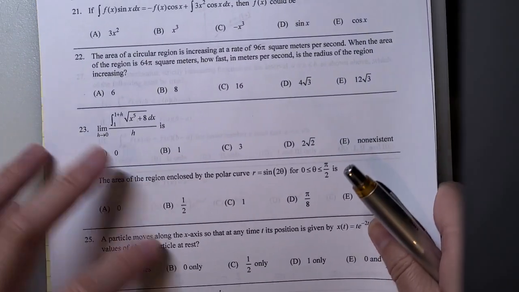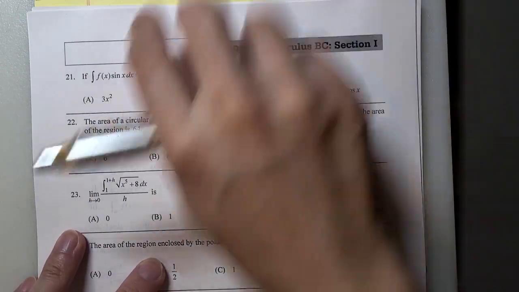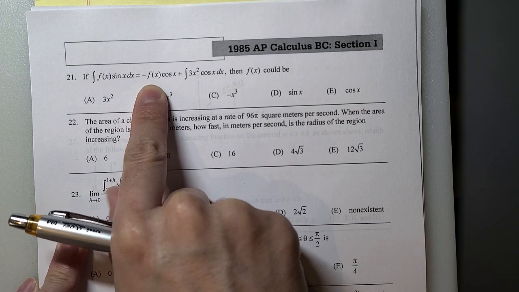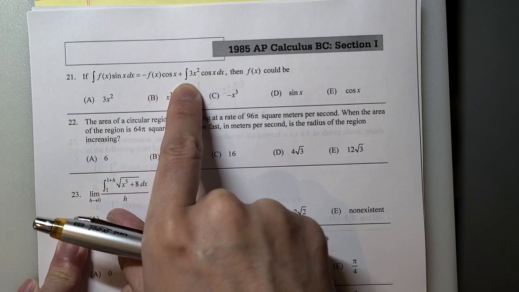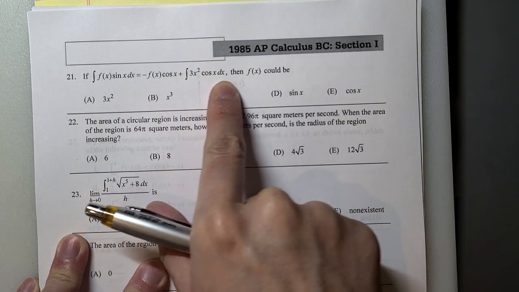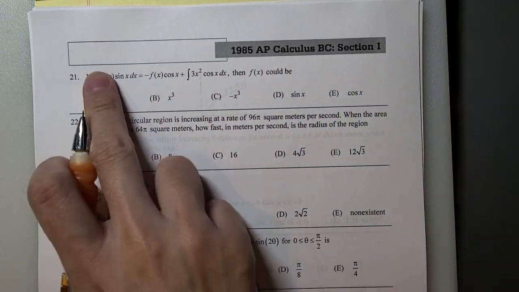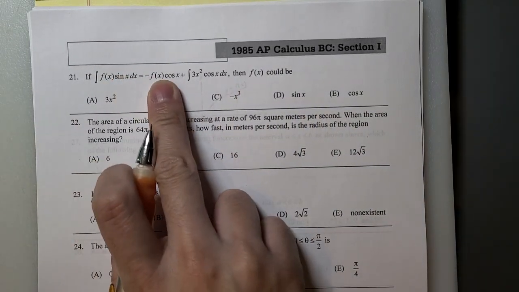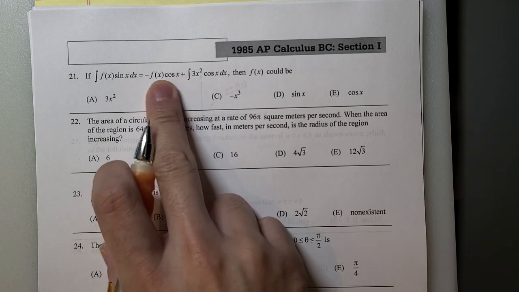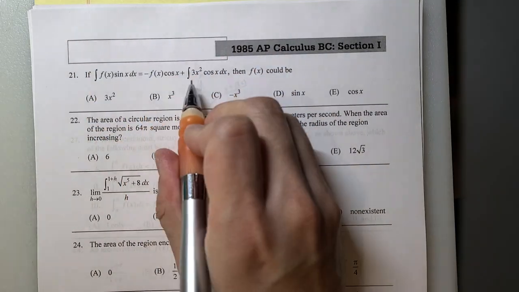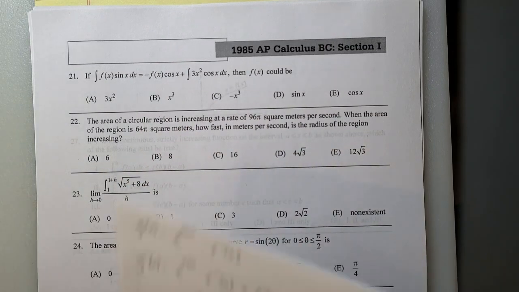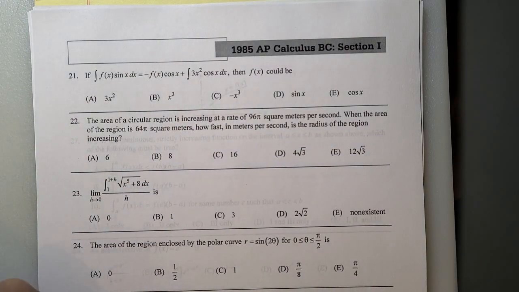Okay. If the integral of f of x sine x dx is negative f of x cosine x plus the integral of 3x squared cosine x dx, then f of x could be which one? This looks like integration by parts because it's a product of two functions. Remember, it's integral of u dv is uv minus the integral of v du. This looks something like that, right? So let's try